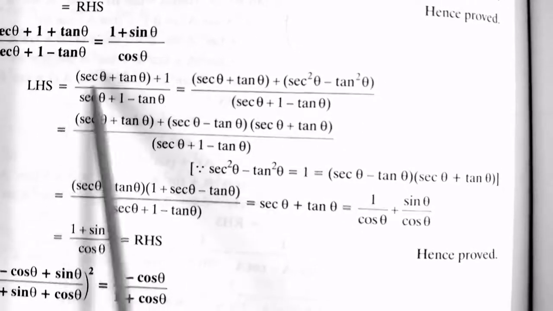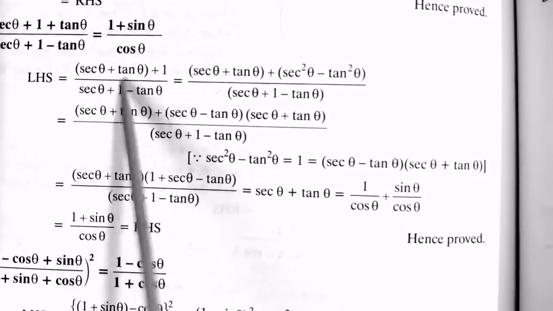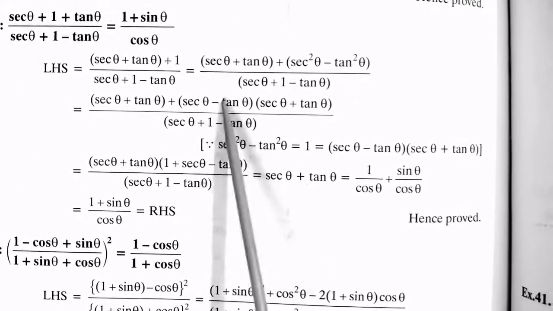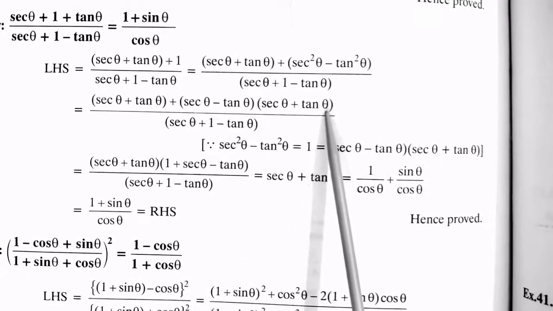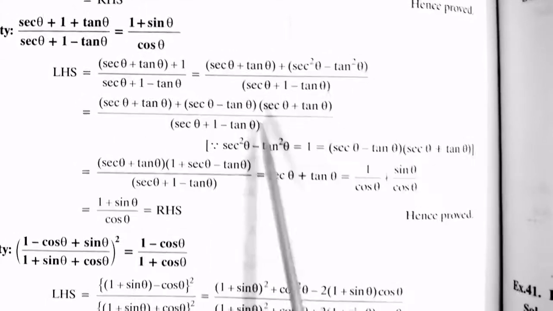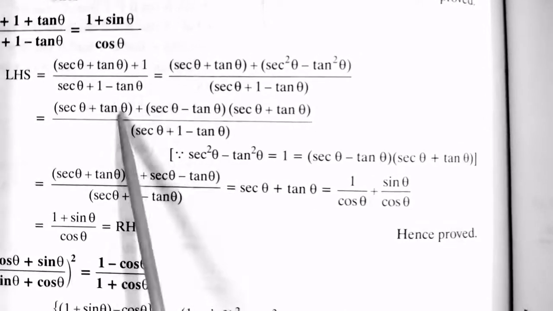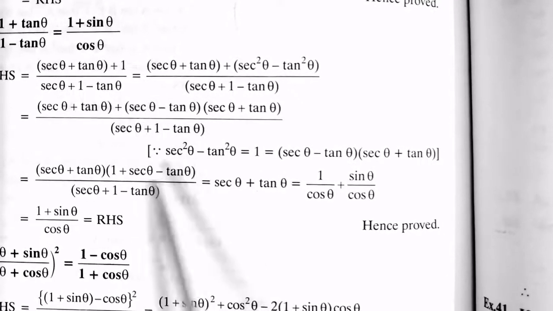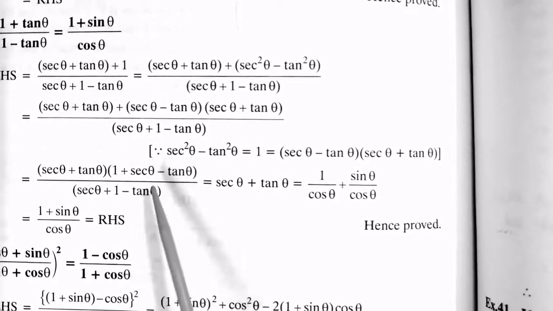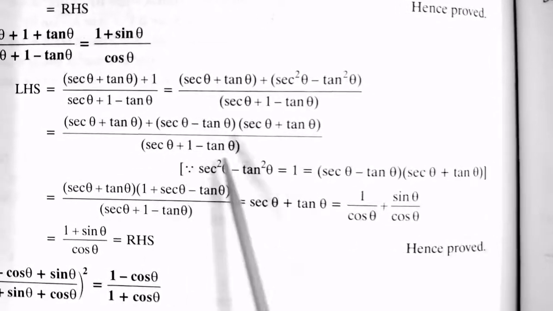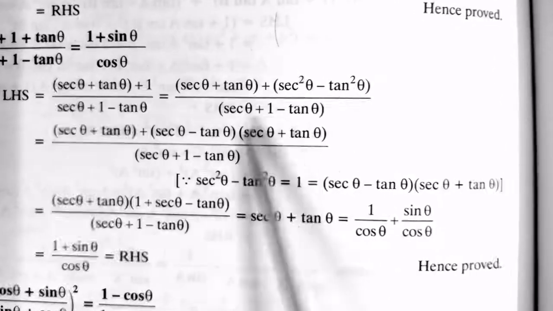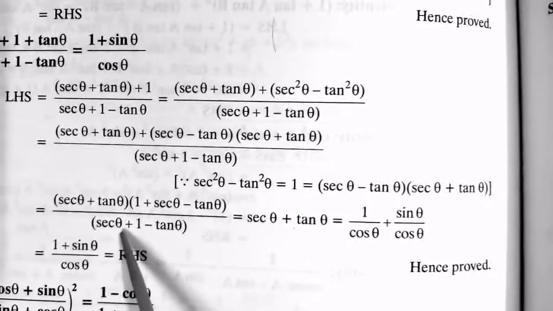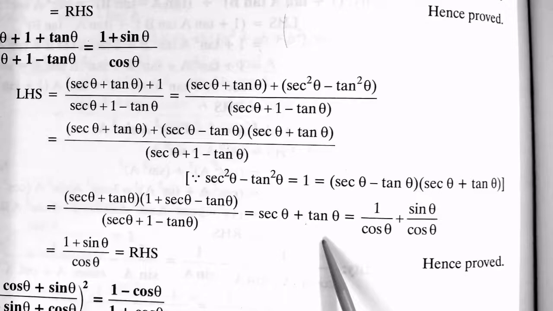I forgot actually, here when I have taken the left hand side, I have arranged secant and tan and then written 1 at the last. So use the formula A square minus B square, A minus B into A plus B. Now what do we take common? Secant theta plus tan theta is common. So we are left with 1 when you have taken this common, 1 plus secant theta minus tan theta. Again I repeat, we have changed the 1 of the numerator only. This denominator is as it is. So these two will get cancelled, and you're left with secant theta plus tan theta.